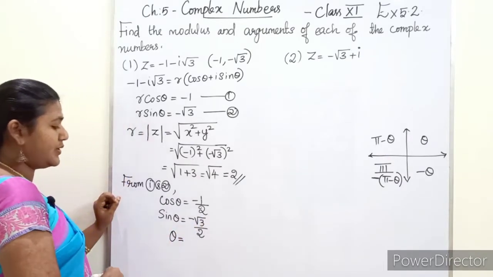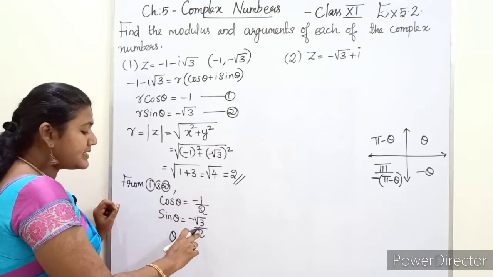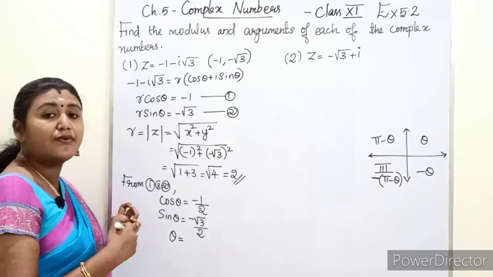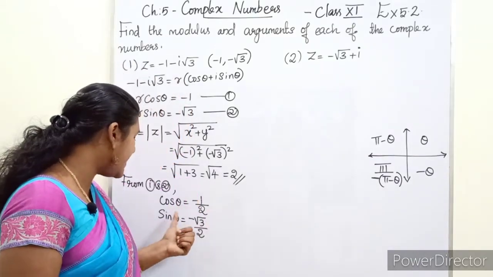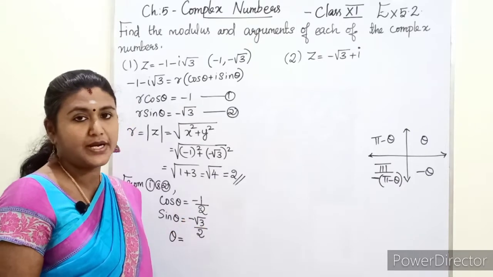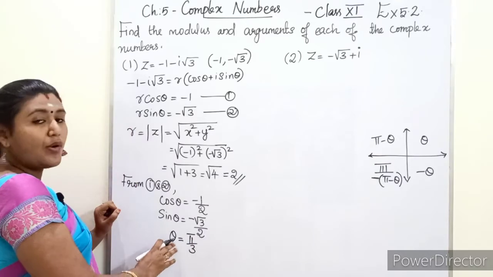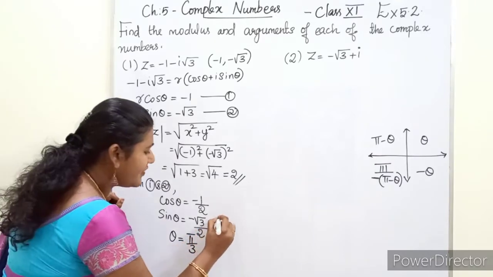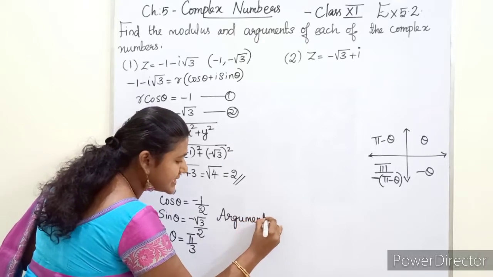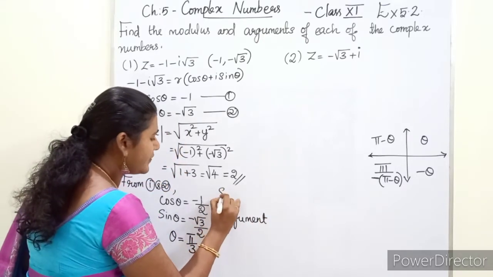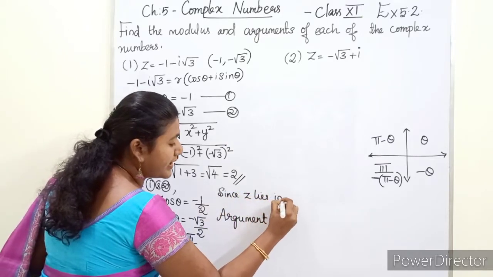Theta is the angle for which cos theta is 1 by 2 and sin theta is root 3 by 2. That is 60 degrees. For 60 degrees only, the cos value is 1 by 2 and the sin value is root 3 by 2. We can write 60 degrees as pi by 3. So we got the value of theta. Now we will find the argument. Since z lies in the third quadrant,